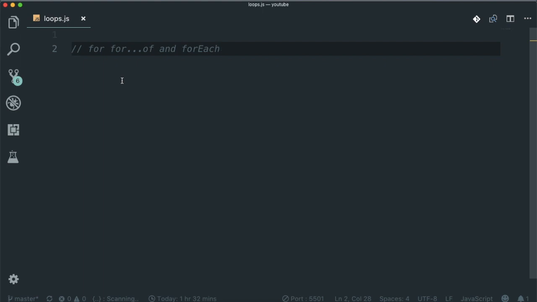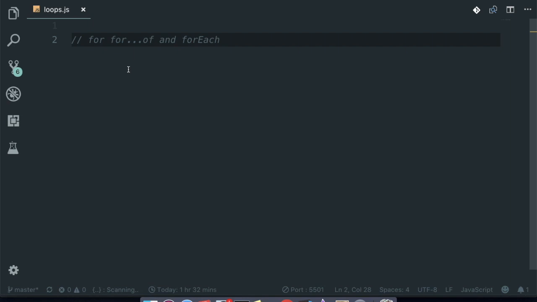In this video, I will show you 3 different ways to loop over arrays in JavaScript. There are different ways to loop over arrays in JavaScript, but it can be difficult to choose the right one. There is the classic JavaScript for loop and the JavaScript forEach method to loop over arrays. And in ES6, they introduced the for of loop to loop over iterable objects in JavaScript.